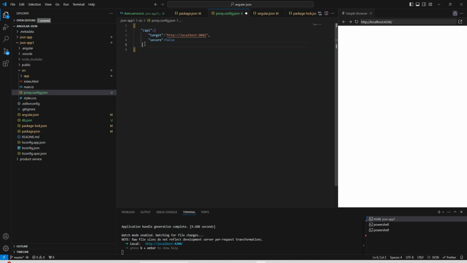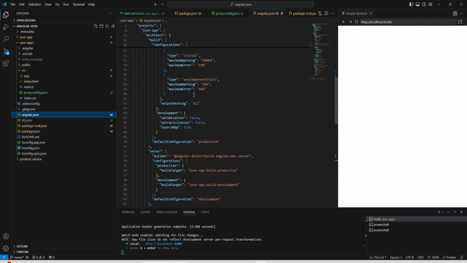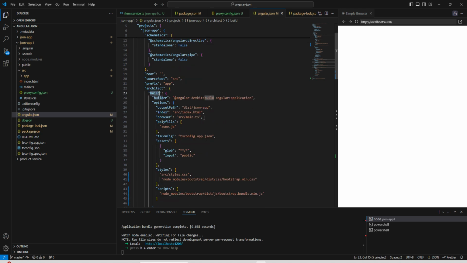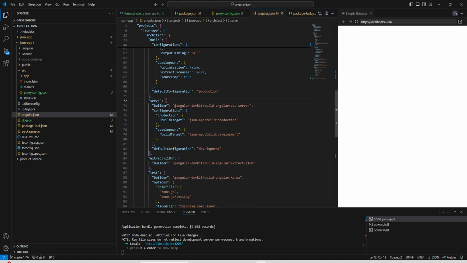Now with this we are done with our proxy config JSON creation. Now we need to use this proxy config. We need to mention it somewhere, like we can go to angular.json, and here we can check our build path. This is the architect, this is the build, and here inside build we can go to our serve option, and